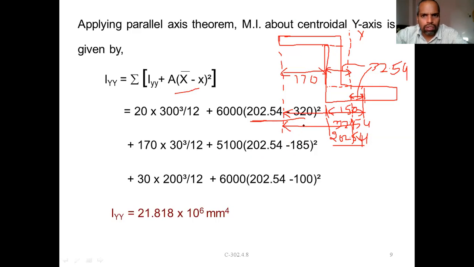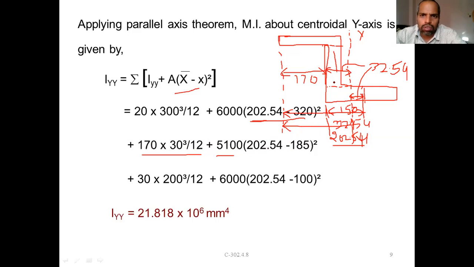Right. Okay, so that is nothing but for figure 1. Next, let us go to figure 2. So the moment of inertia of this about the centroidal y-axis is nothing but, for this one, 170 is the width and 30 is the depth. So 170 into 30 cubed by 12 plus 5100, that is the area, into